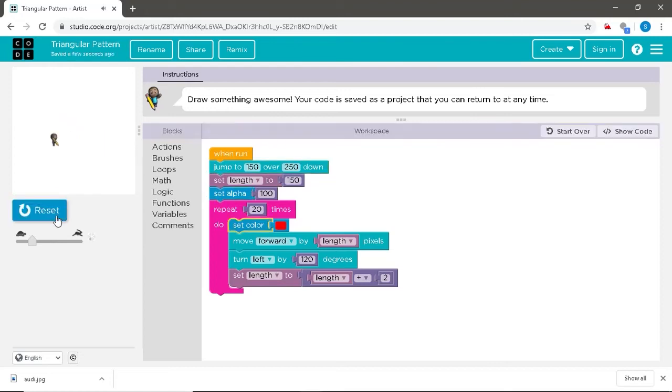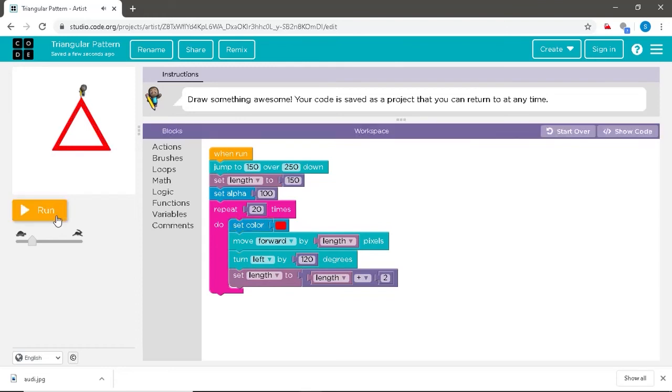So, as you can see, the first triangle is made with 150 units. Now, for the second triangle, the artist is making with 152 units length. Now, for the third triangle, the artist is making with 154 units length. As you can see, as the number of triangles increases and the artist attempts to draw the triangle, the length of the side of each of the triangle increases too.